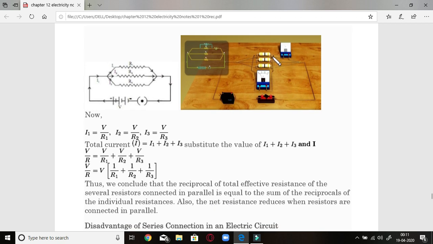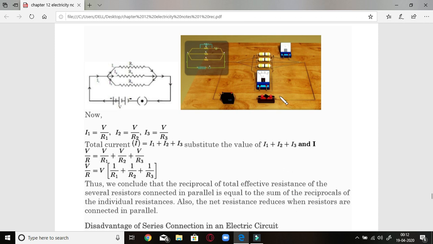Let us see how. Let us say this is 1, 1, 1 again, all of them of 1 ohm only. So what is the value? 1 by R is 1 by 1 plus 1 by 1 plus 1 by 1. So 1 by R will come out to be 3, that is R is 1 by 3. Effective resistance, if you calculate by this method, is only 0.33 ohm. 0.33 ohm will be the resistance, which is the minimum of any of the resistances here. If it is 1 ohm, even the effective resistance will be less than that. Okay, this is what I want you to realize.